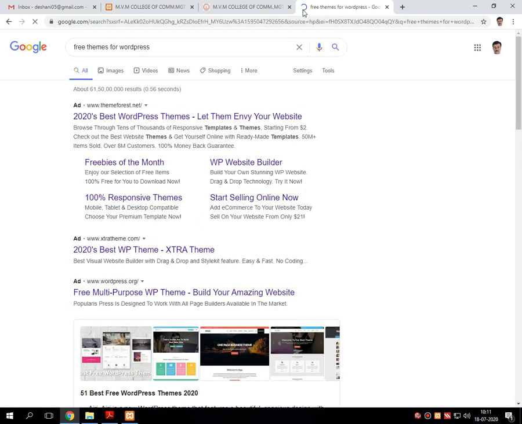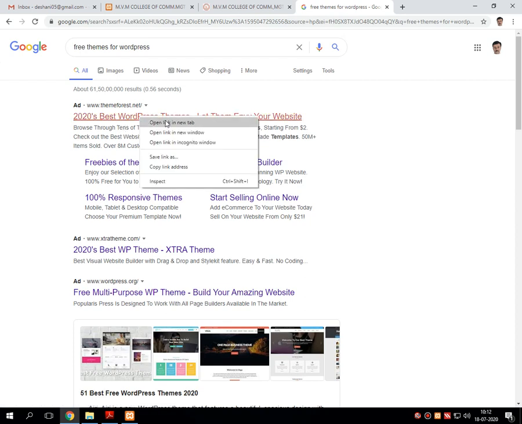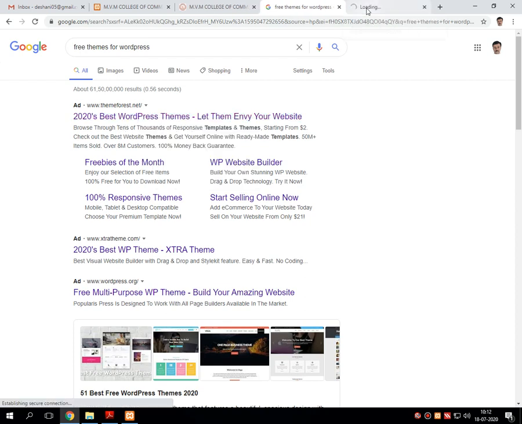So simply on Google search, type free themes for WordPress. It will return many results onto the screen, but the best one is the first one, that is www.themeforest.net. Just click on that particular website and open it in a new window.